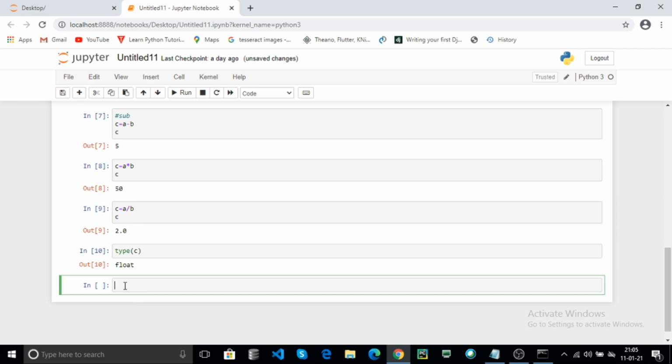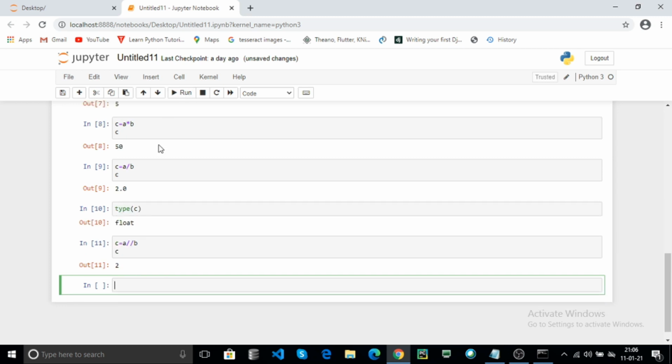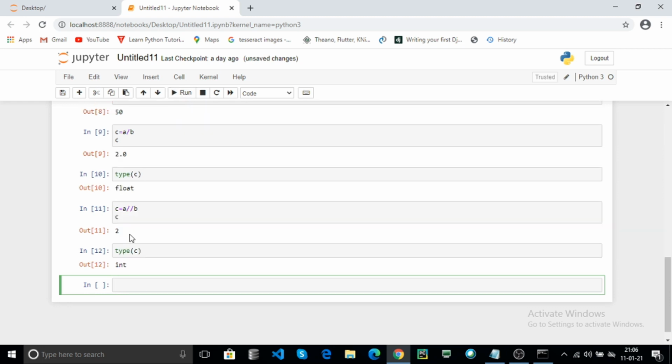If you want to perform the integer division, you can use the integer division operator. Click on run. Here C contains 2. You can check the type of C. It returns the integer type of data.